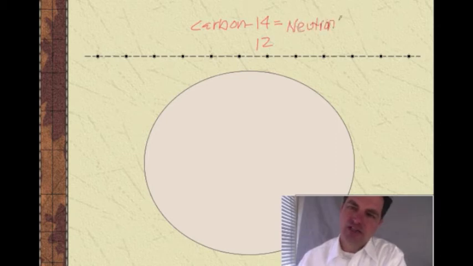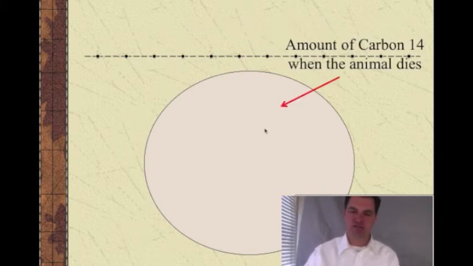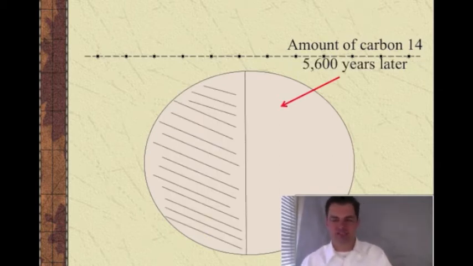Okay, so those are isotopes. And what happens is carbon-14 is unstable and will tend to break down over time. So you expect this certain amount at 100% when your animal dies. And then over time, since carbon-14 we believe has a stable half-life of about 5,600 years, after about 5,600 years,